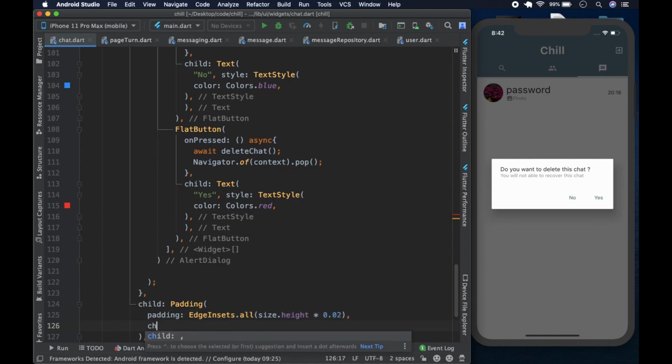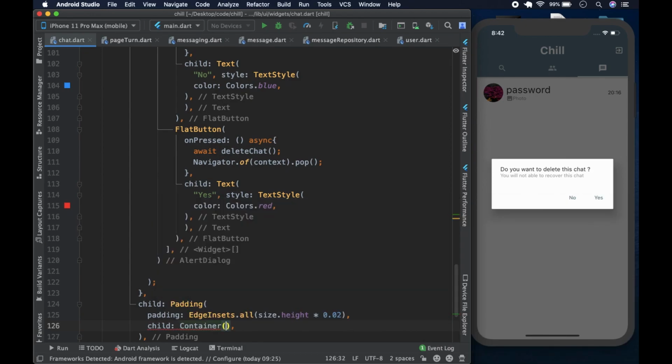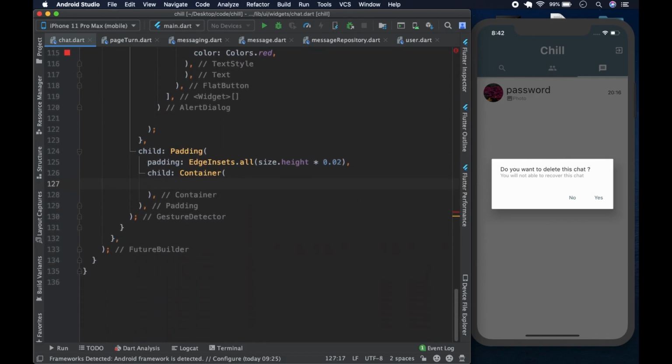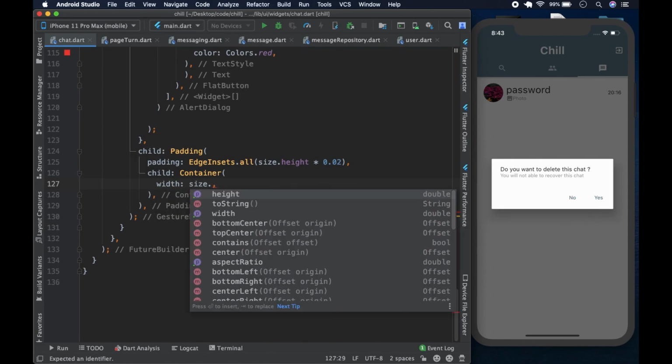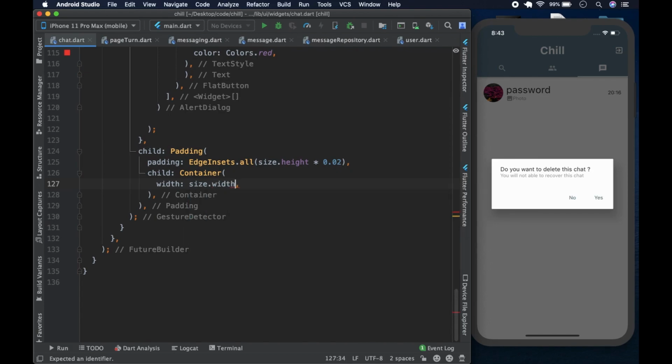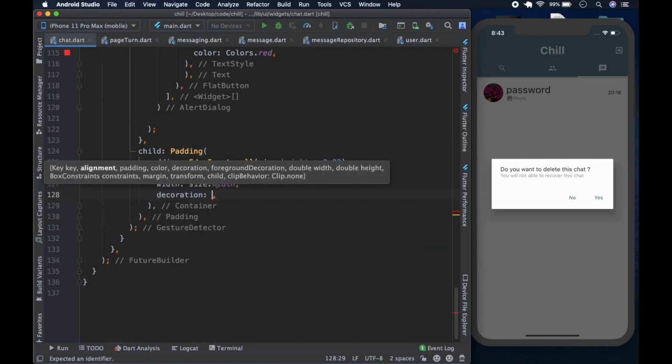And after that, the padding is going to have a child, and this is going to be a container, like so. And we can drag this down a bit, and the container is going to have a width. It's going to take up all the width, so we can say size.width, like so. And it's going to have a bit of decoration. We could say decoration, and we're going to say